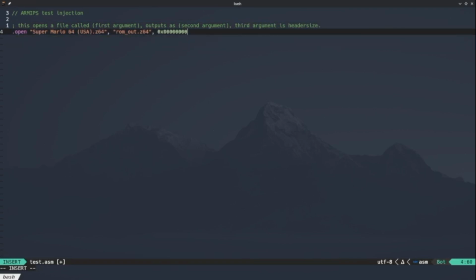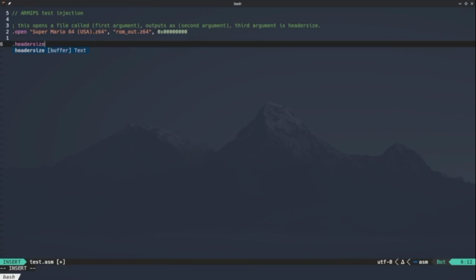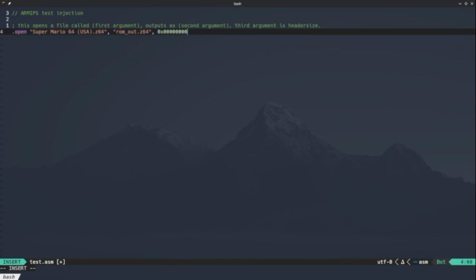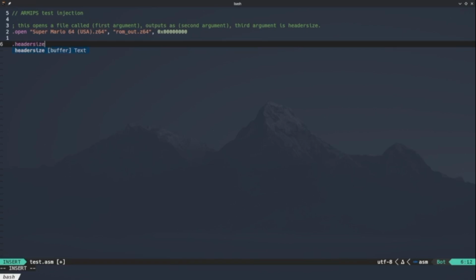Now you may wonder why I'm setting it to 0, because the debug level select variable is located in the main segment. Well, you can set it afterwards to like this header size, but I'm gonna show you how to do that. So header size, the header size is .header size 0x80246000 minus 0x1000, and